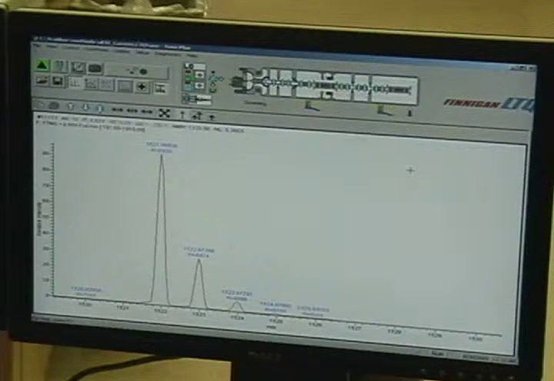Then, since you guys are running at 1E6, I do a pop-up to 1E6 and I make sure I get about the same mass accuracies. They'll be a little bit worse, but make sure